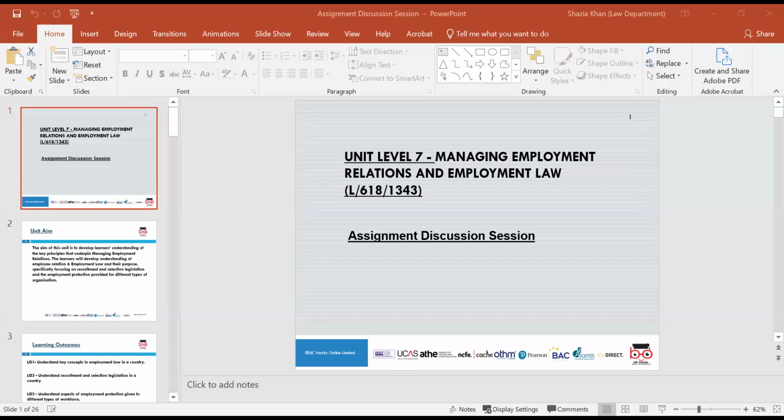We also looked at 1.2, which is to analyse the impact of regulatory and legal requirements on human resource policies in an organisation. So practices and policies that are in place. We looked at Equal Opportunities Discrimination Act, the European Working Time Directive, National Minimum Wage Act, Data Protection Act, Work and Families Act. We looked at the Employment Rights Act, Health and Safety Act, and the Employment Relations Act 1999. We then went on to look at the regulatory framework in regards to dismissal and redundancies. We looked at the ACAS practice.